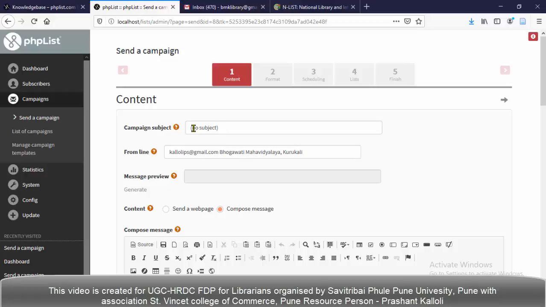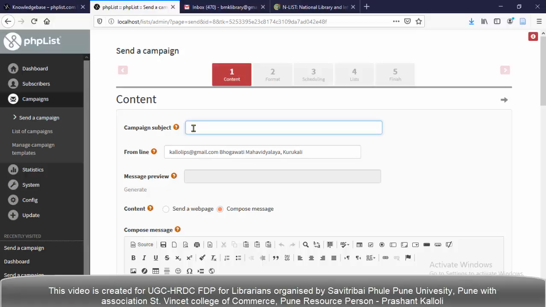So we have to choose a good, attractive title so users will open our mail. Now I have decided to send a mail about Endless e-resources.